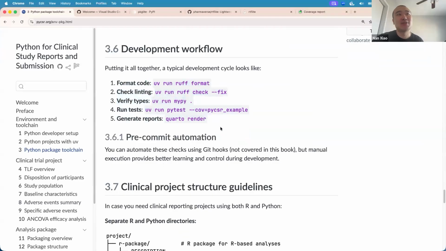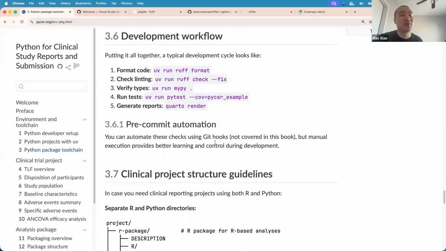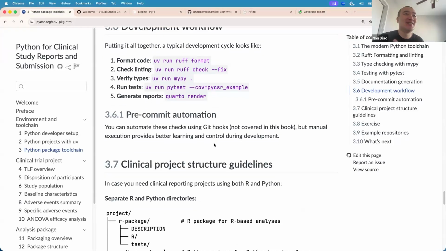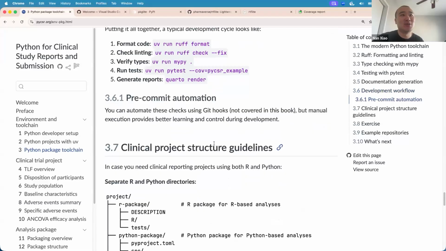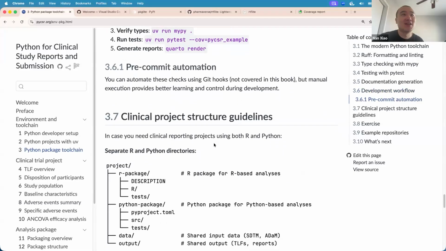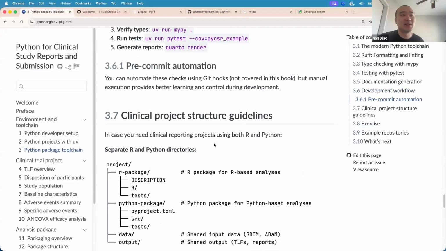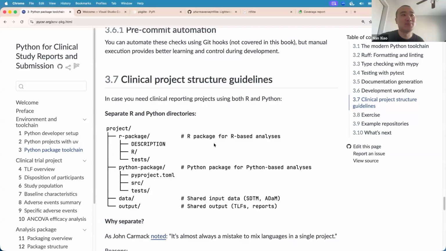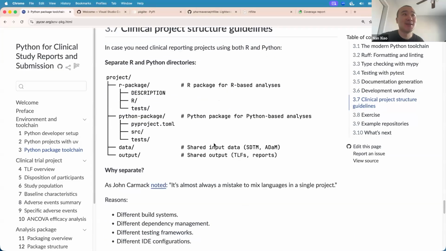So I think that's everything I want to cover, from formatting code to checking your code to creating unit tests in your package and then generating reports or documentation websites using Quarto or other useful packages and dependencies.